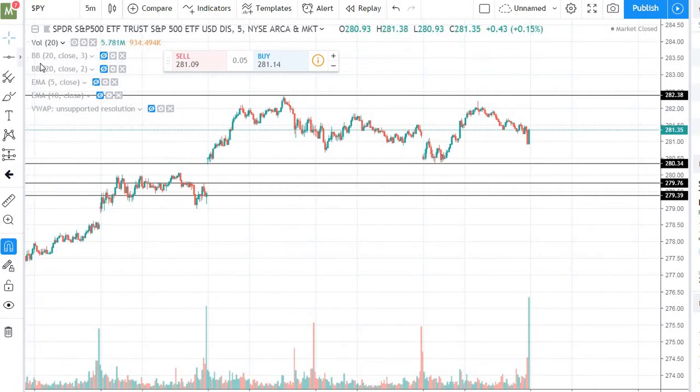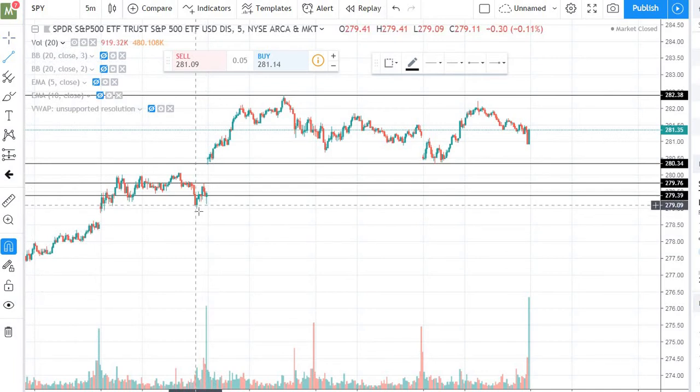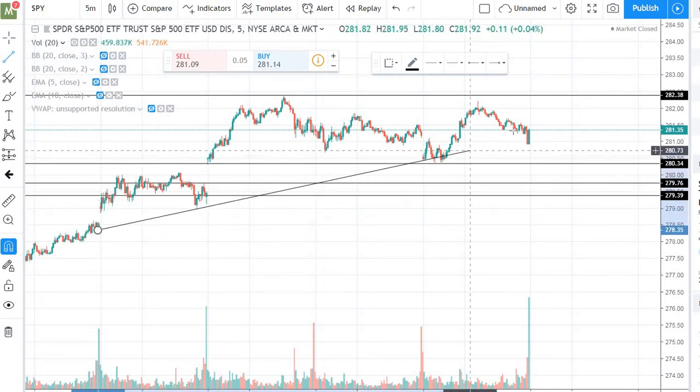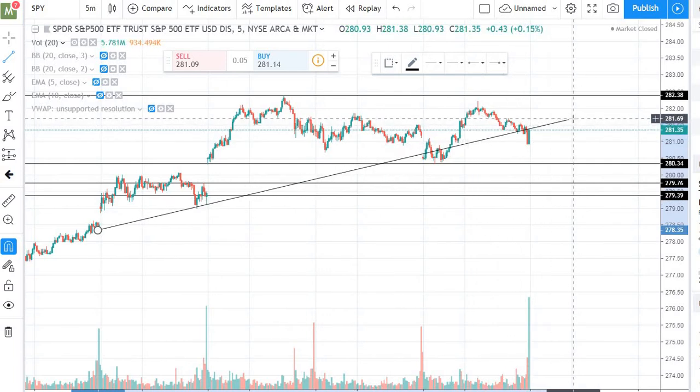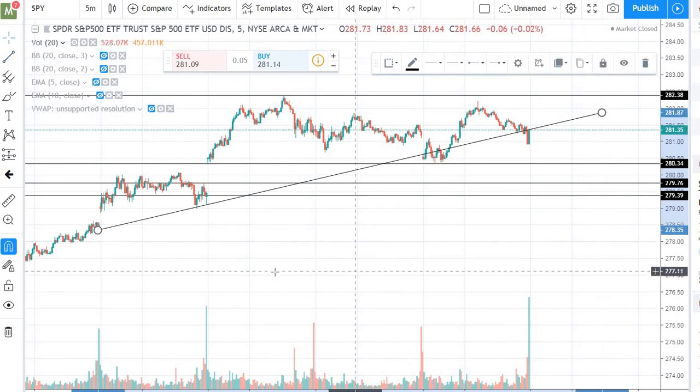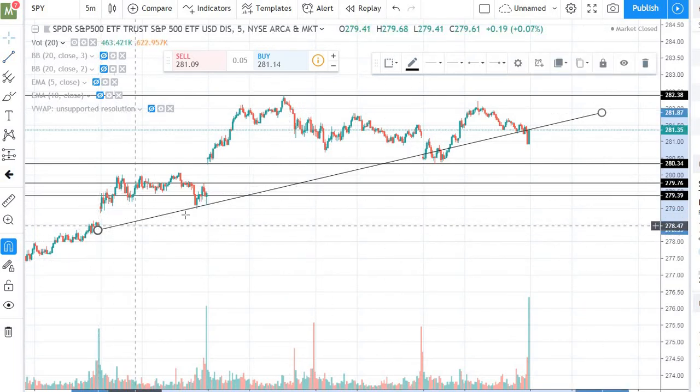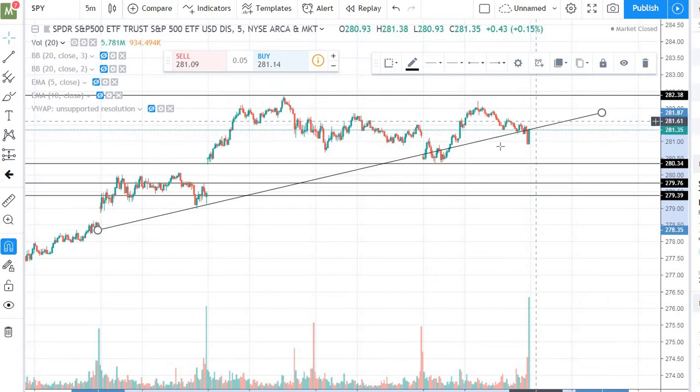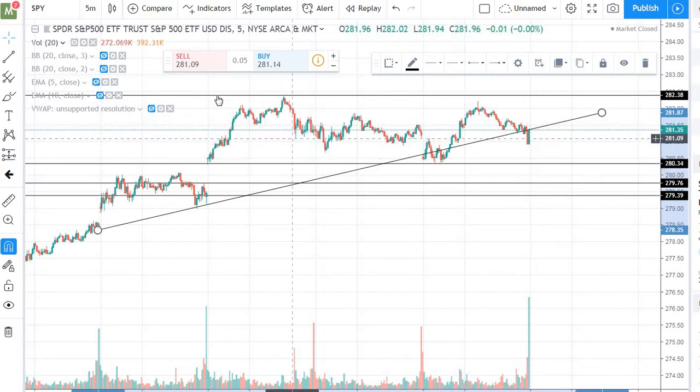So like this one, for example, we draw from probably back here. Yeah, that looks pretty good. So here on the trend line, a couple bounces off there, and then we end up coming back and closing pretty much at that trend line at the end of the day here. So those are just another way. And then if we're going to look at